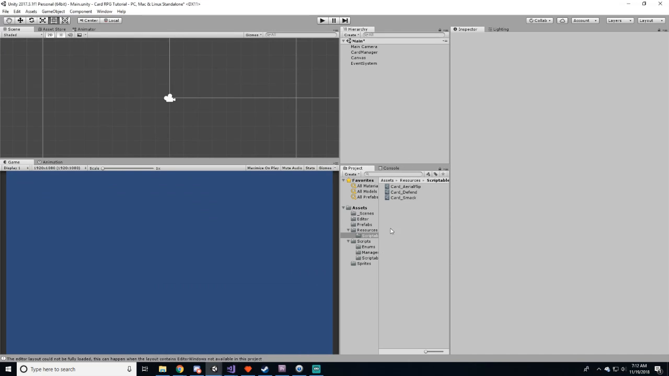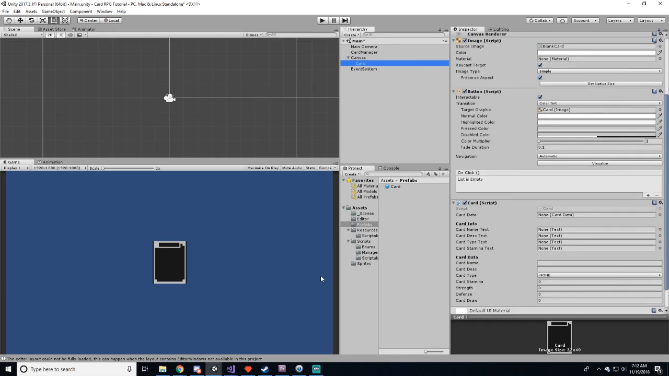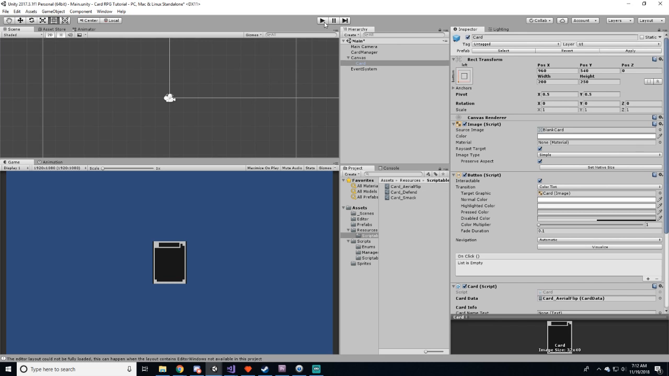Well, for instance, if we did this, ready? Just to test it, we can pull a card back into the canvas. In the card data, pick any of these scriptable objects. Pick any of these ones. Let's just do aerial flip. And if we hit play,